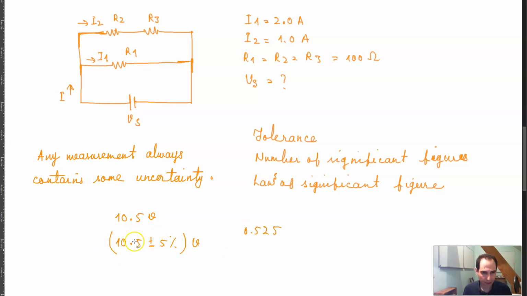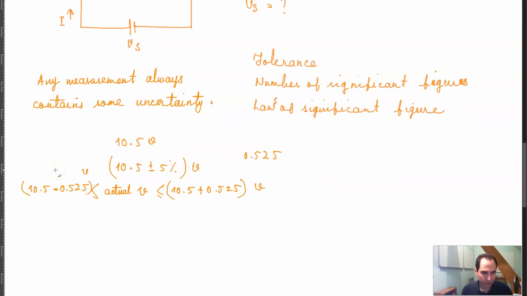That means that the actual voltage you are measuring is somewhere between 10.5 minus 0.525 volts and 10.5 plus 0.525 volts. 10.5 plus 0.525 would be 11.025 volts, and 10.5 minus 0.525 would be